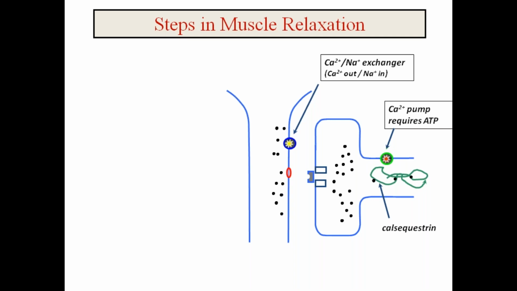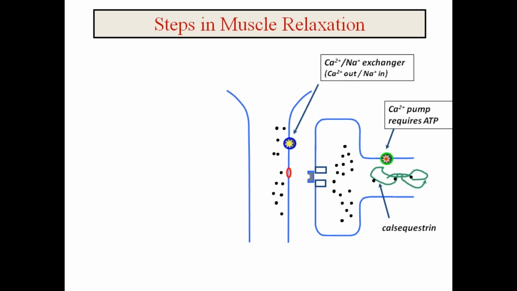Now, in cardiac muscle, we have seen the calcium was coming from two sources. One source was extracellular calcium, which comes inside the cell through the dihydropyridine receptor. The other source was the sarcoplasmic reticulum, from the terminal cisternae. Now, to reduce the level of calcium, the calcium coming from the sarcoplasmic reticulum should go back inside the sarcoplasmic reticulum, and the calcium coming from the extracellular fluid should be pumped back into the extracellular fluid.